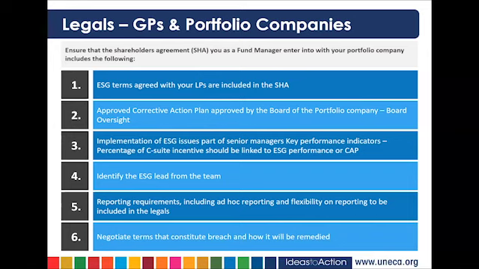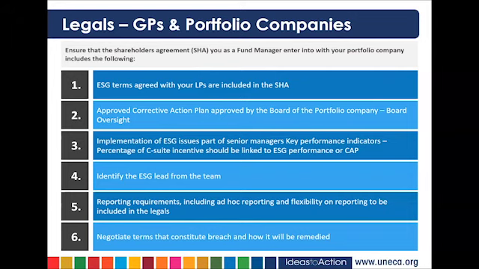The corrective action plan is the output of your ESG due diligence. It basically maps out what the gaps are within the company with regards to ESG and provides remedial actions along with timelines and responsibilities. This makes sure that the company is fully aware of where the gaps are and that these gaps are addressed in a timely manner.